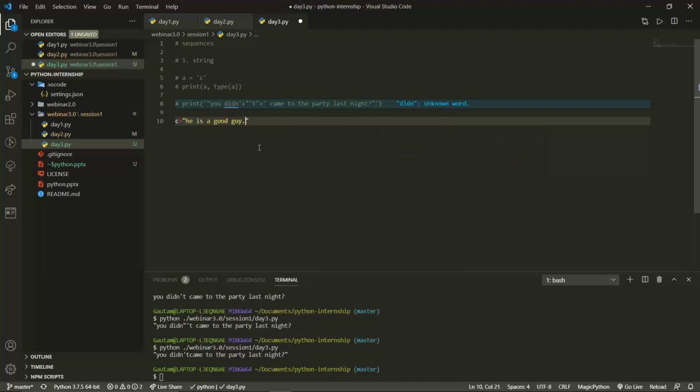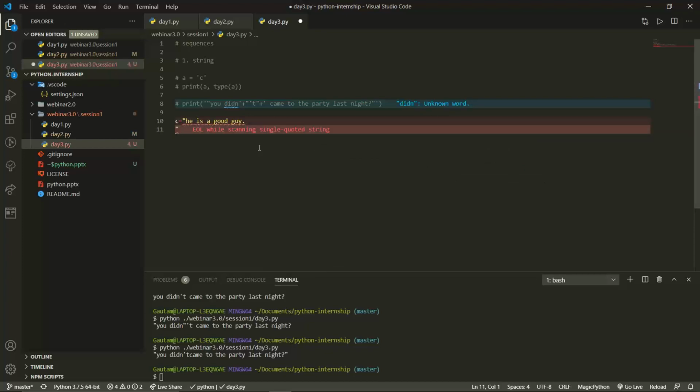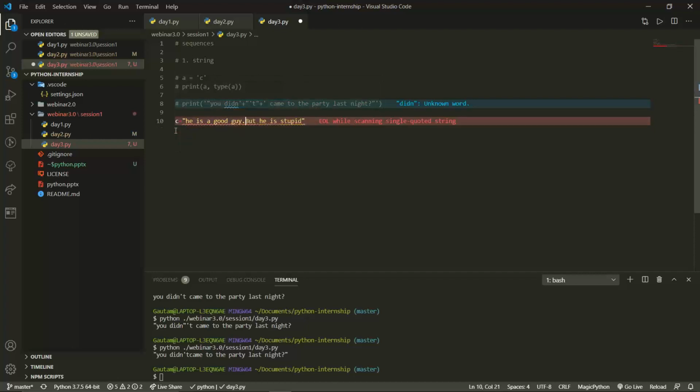And in the next line, I want to write, but he is stupid. Now you can see we are getting an error. But if the same thing is written right over here, then it is not an error. Are you getting my point? So this is what double quotes allow: you can write the strings only in a single line.